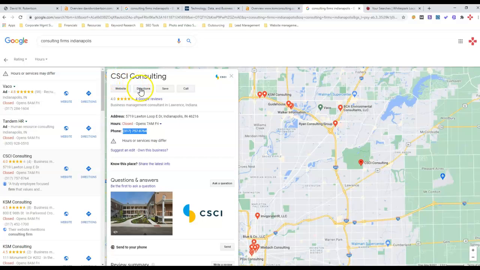But anyway, there's three things that basically rank you in the map pack. One is overall site ranking. Two is having an optimized Google My Business listing. Just like you have to have an optimized website, you have to optimize this as well. And three is the number and quality of citations you have.